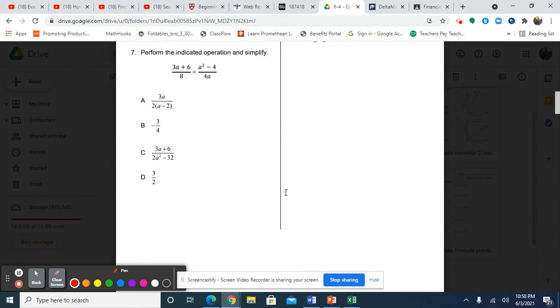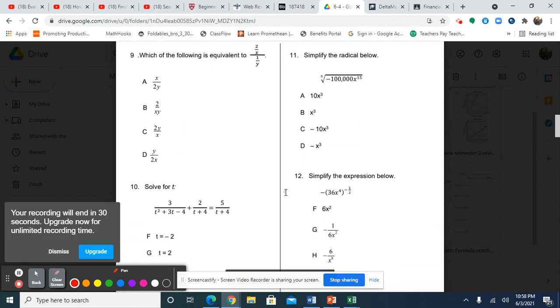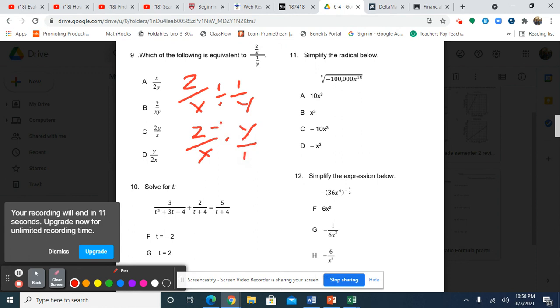And we're going to go ahead and skip around a little bit. Go to number 9, where we have the following is equivalent. We have 2x divided by 1 over y. So to actually turn this into, we're going to multiply this. So to multiply this, we're going to turn this into the reciprocal. And then we multiply straight across. That is 2y over x. So our answer is